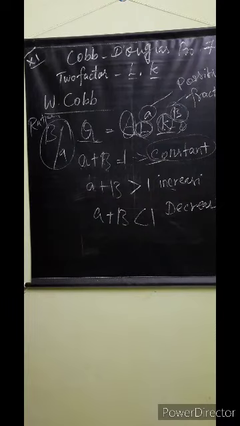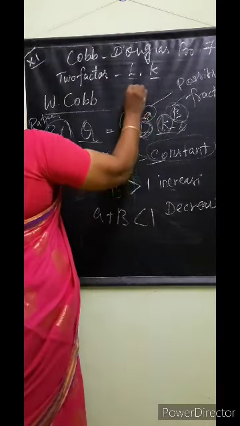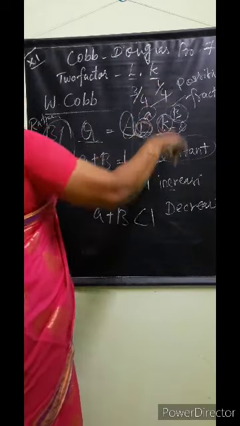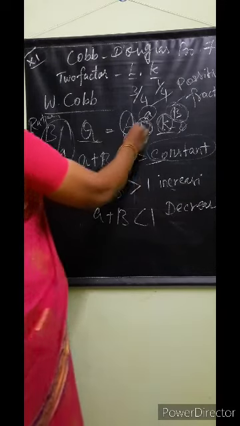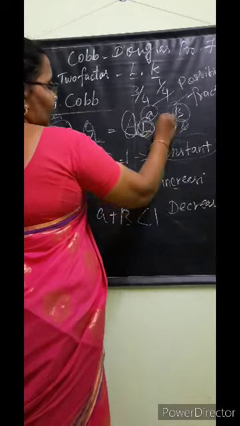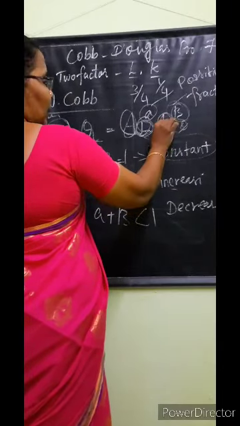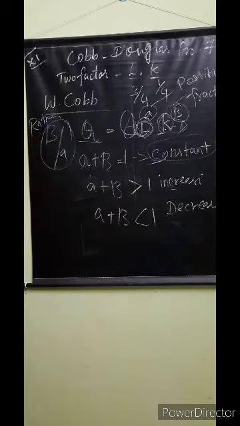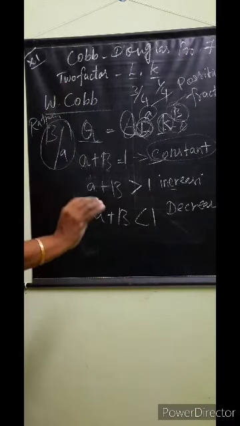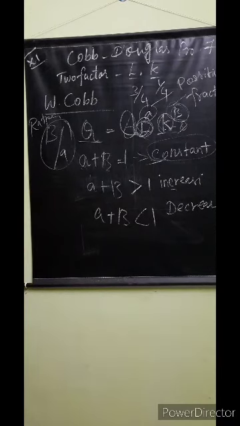And labor contributes 3/4 of the production. Usually, labor contributes 3/4 and capital contributes 1/4. So, the elasticity of substitution between the factors is equal to 1. What do you mean by elasticity? If there is a need for labor, they can increase the labor and decrease the capital. If they need the capital to increase, then they will decrease the labor. So, there will be a substitution. That is least combination. If we want to increase one, the other automatically has to be decreased. So, this is the Cobb-Douglas production function.